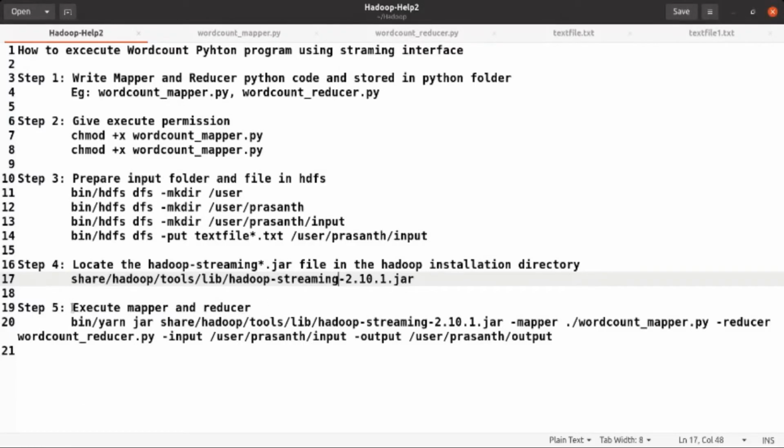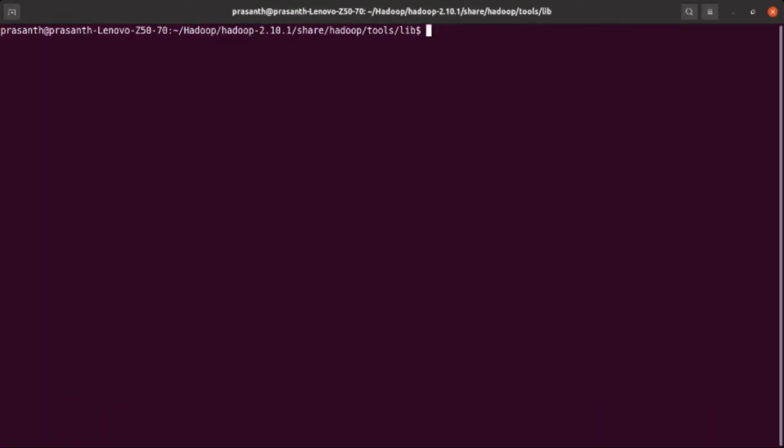The fifth step is to execute the mapper and reducer. Before that we will come back to our installation folder.